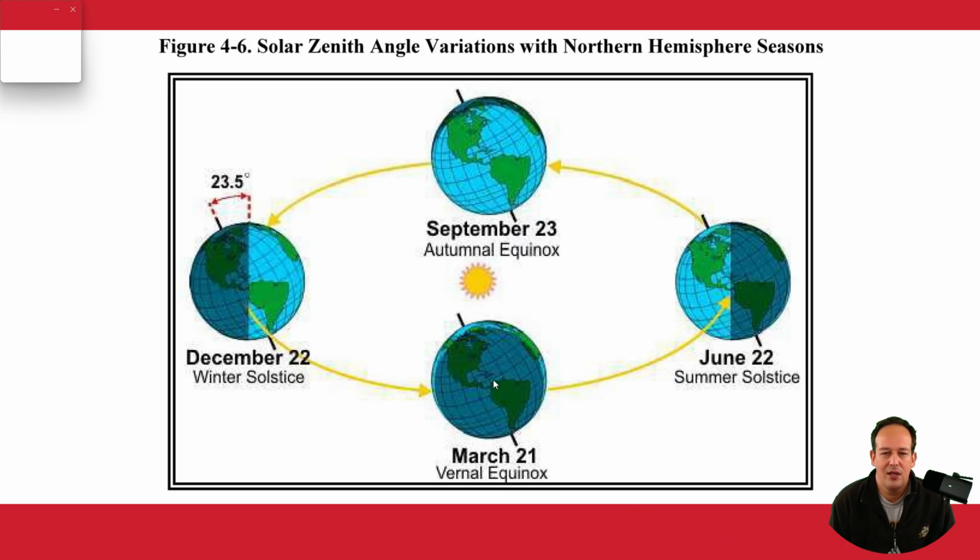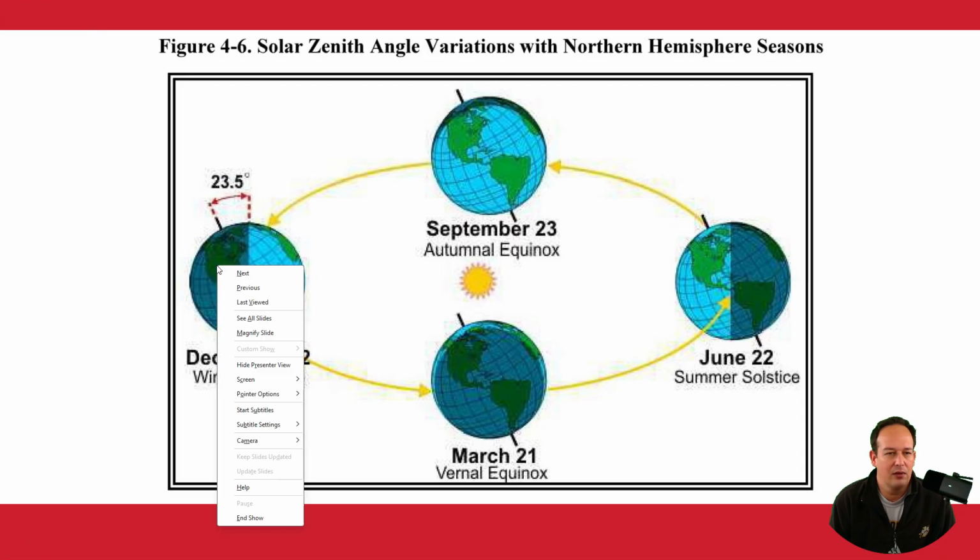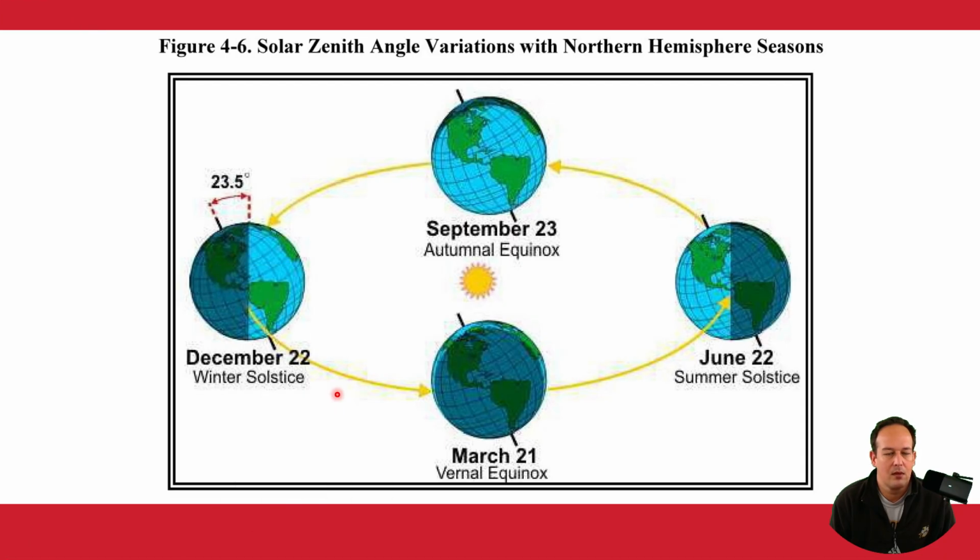And so, as you can see, at the autumnal and vernal equinox, that's when we are getting the same amount of daylight and nighttime throughout the day. And then as we move away from the equinox towards the solstices, it changes. So during the winter solstice, and I'll get us a laser pointer, you'll see that more of the southern hemisphere is exposed to sunlight than the northern